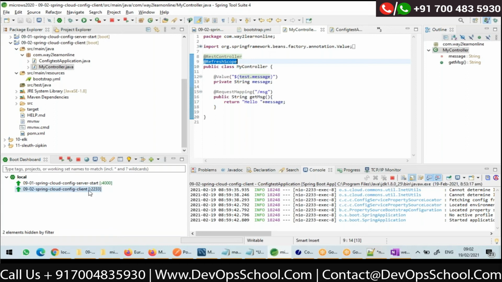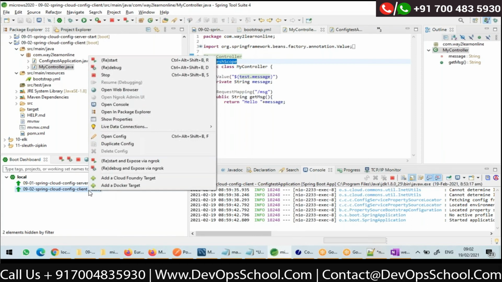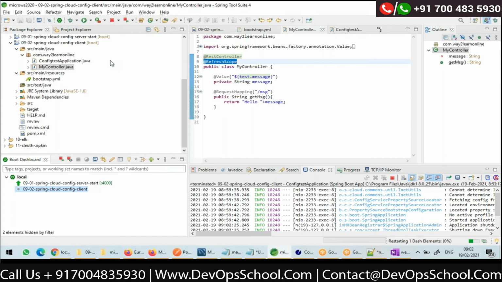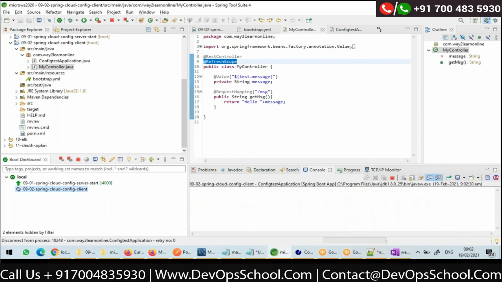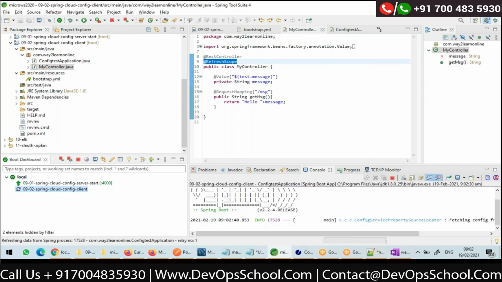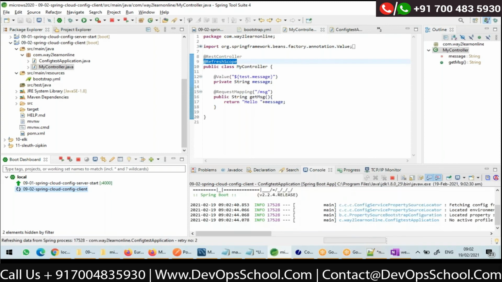Now let me restart it because I changed the code, right? Okay, I'll restart it. Just let us wait. I'll take 2 more minutes and I'll complete this topic because this is Friday. I don't want to postpone it again to Monday. Monday we'll start fresh with next topics like security and all. So just give me 2 more minutes when I will complete it.